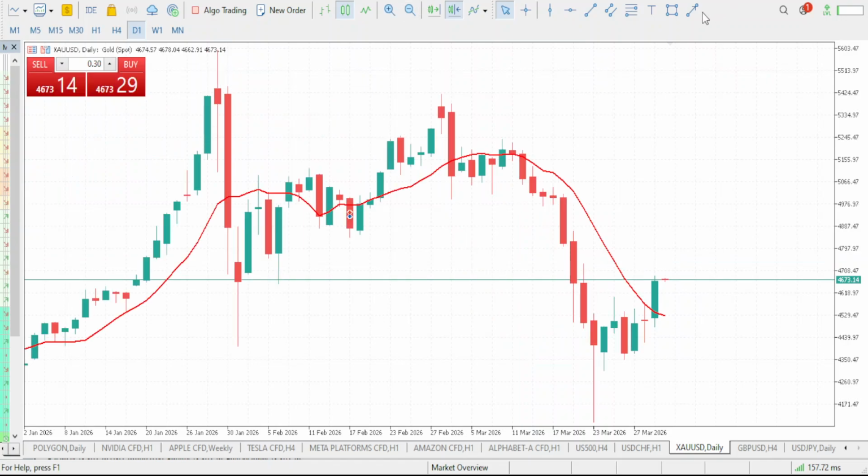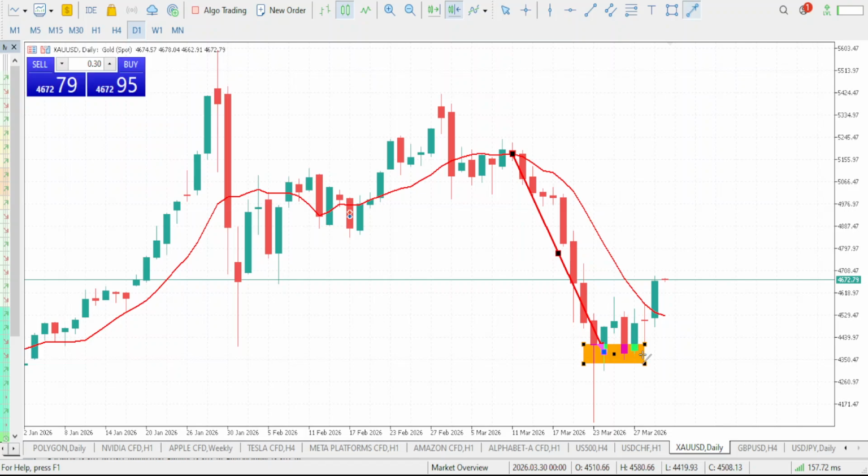First, the market was trending to the downside, right? It was trending to the downside. Guess what the market did? The market eventually gave us a reversal pattern, which is a double bottom. You know what a double bottom is? It means it has now reversed from a downtrend to an uptrend move. So this tells you that gold is now in an uptrend move.